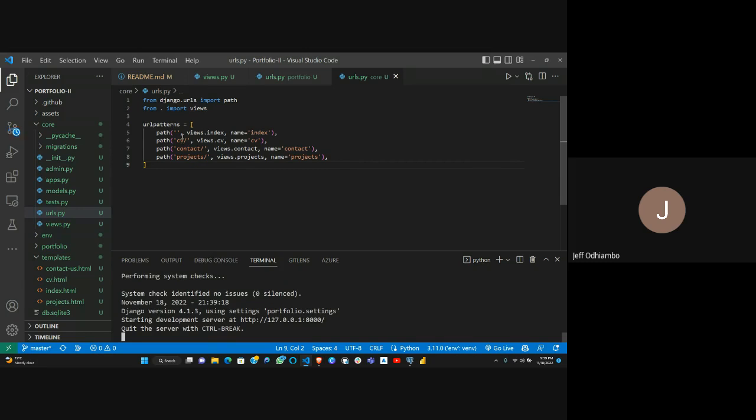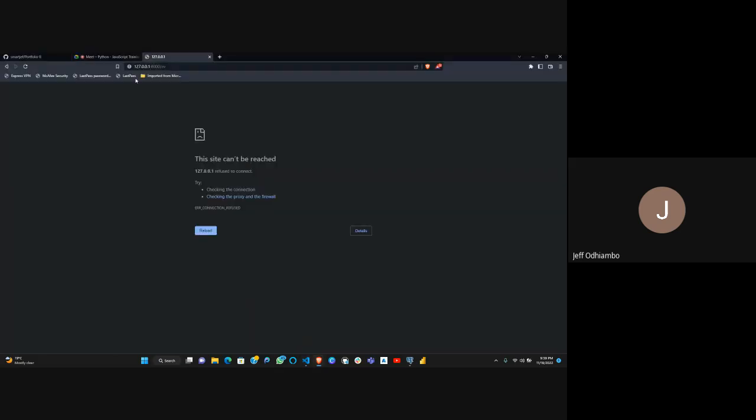So we've defined paths. This is the home page, which is at the base. Then if you do /CV, it will take you to the CV page. /contact will take you to the contacts page. /projects will take you to the projects page. So let's test that. We'll come to /CV